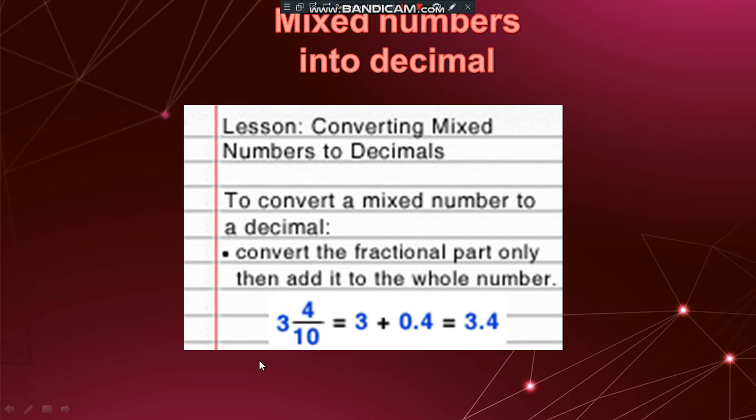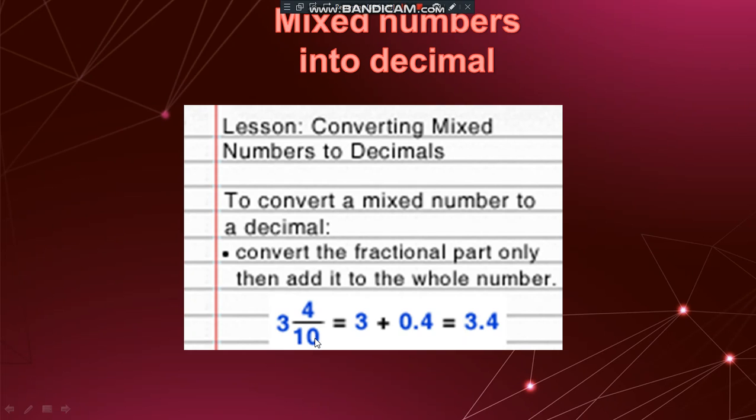Suppose you don't have a mixed number. You have to just convert a fraction into a decimal. Let's say 4 by 10. You're going to simply write it as 0.4, right? You have to put a decimal as it is 10, 1 0. You have to just put a decimal leaving one number from backwards. So leave one number, that is 4, then put a decimal. Here there is no number, so just put a 0 to fill the place.